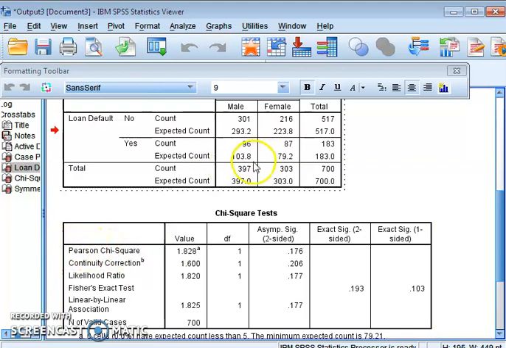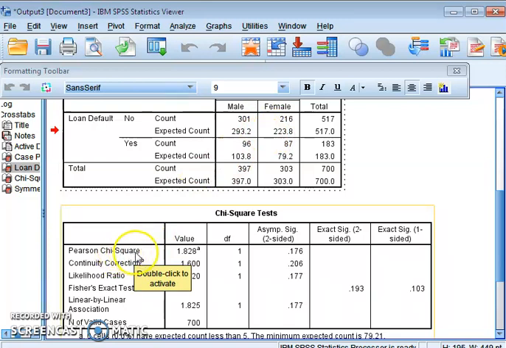Suppose, just for an example, in this case expected count is more than 5 in every cell. So we can read the Pearson chi-square.